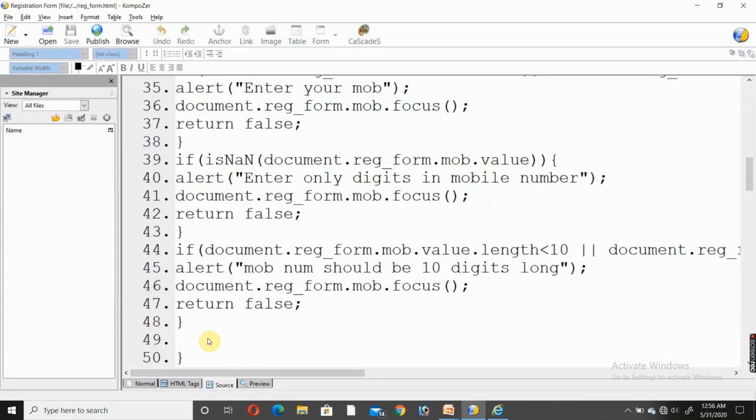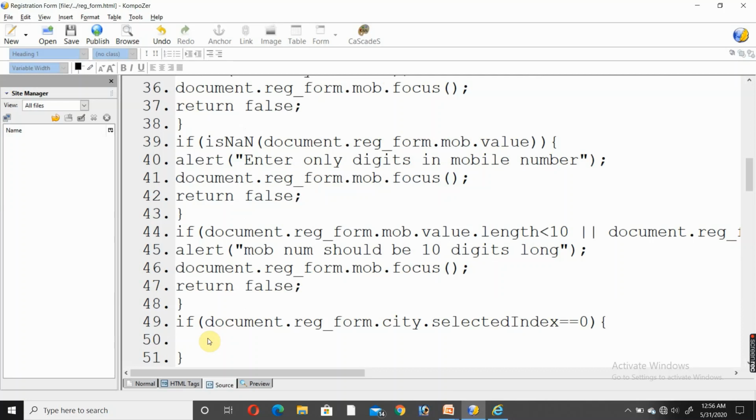Here for city, if document dot reg form dot city dot selected index, remember it, equal to 0 means nothing is selected right now. In your book -1 is there, but I am going for this one.